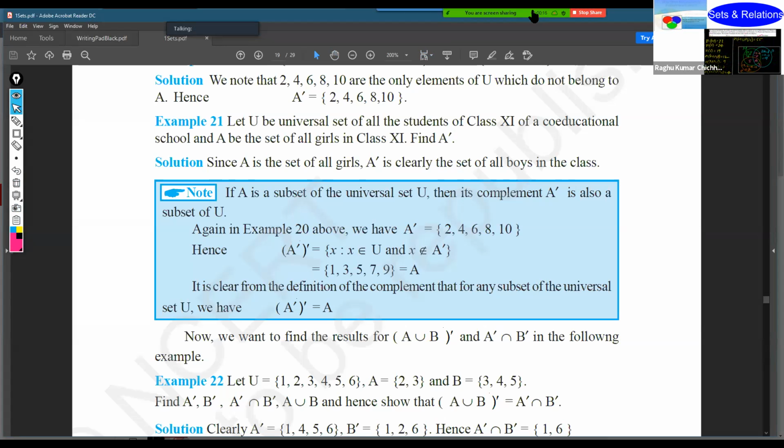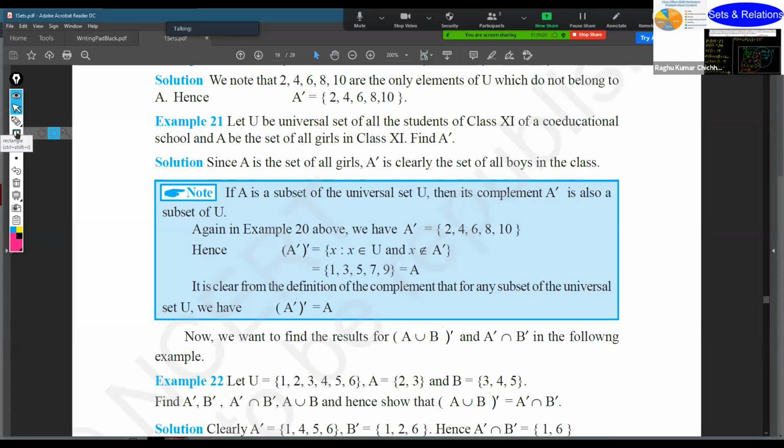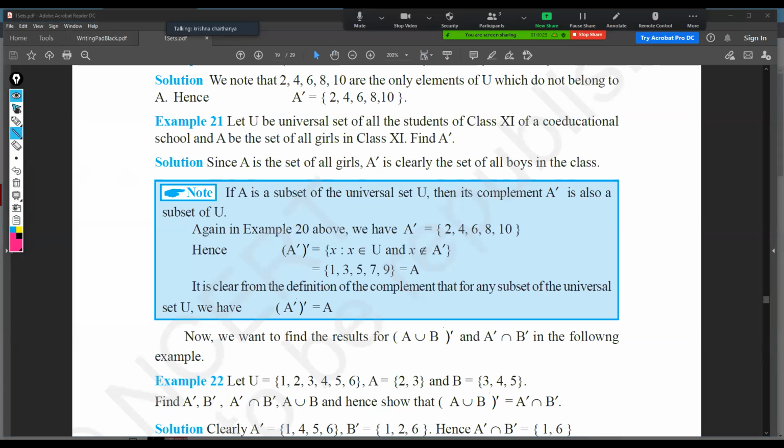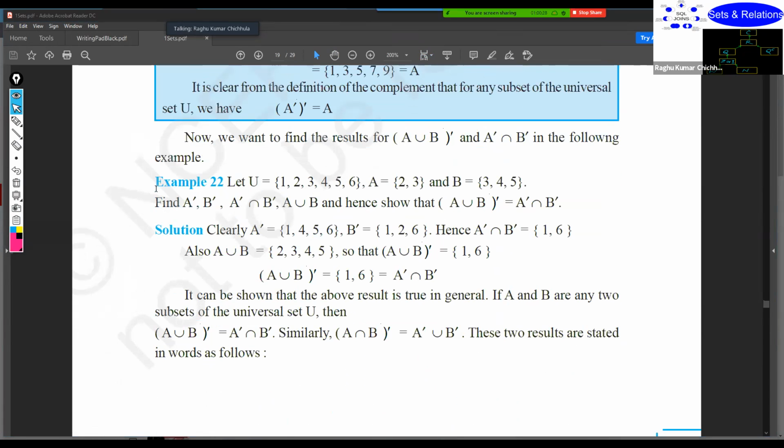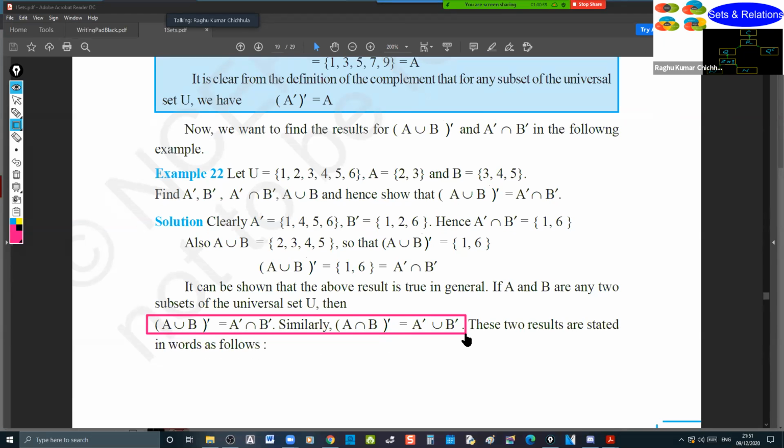Let us see whether he concluded it or not. That's what he concluded. Just see this. This is the most important point to be understood, and visualize these two so that you'll not be forgetting. Union is converted to intersection. Intersection is converted to union. Okay? Are you there? Yes, sir.